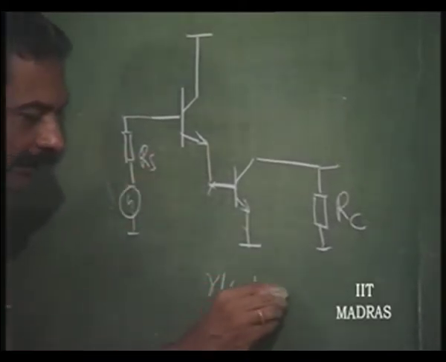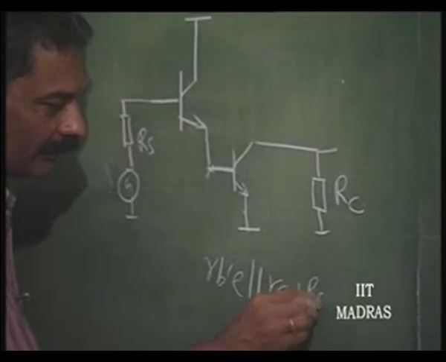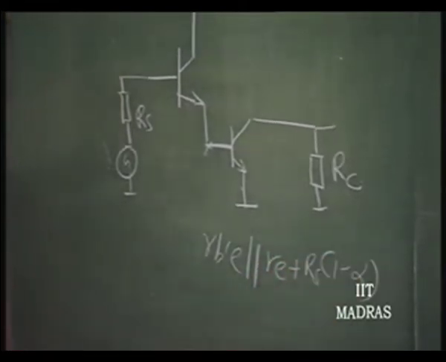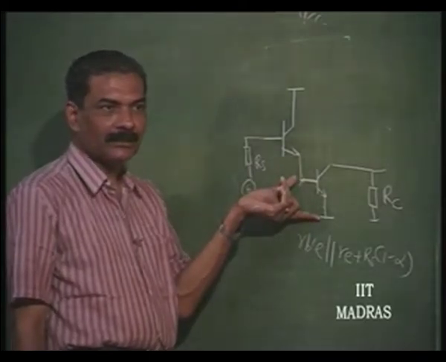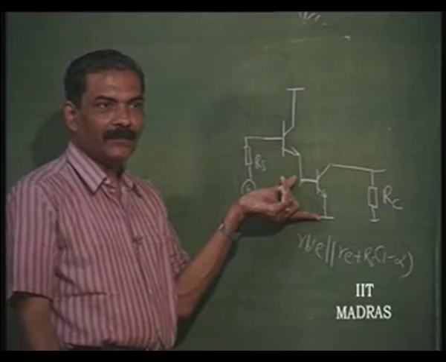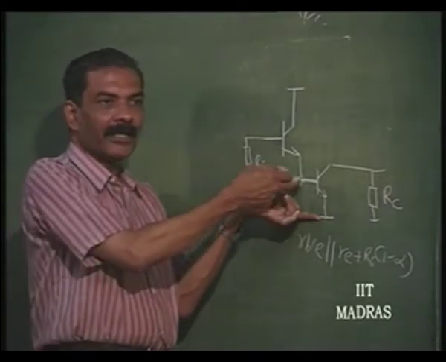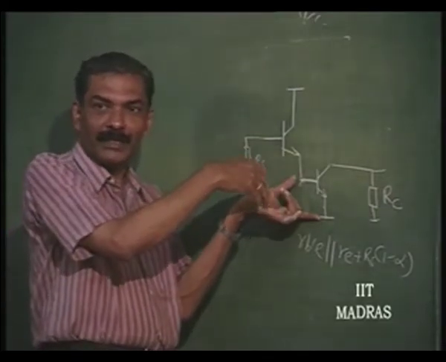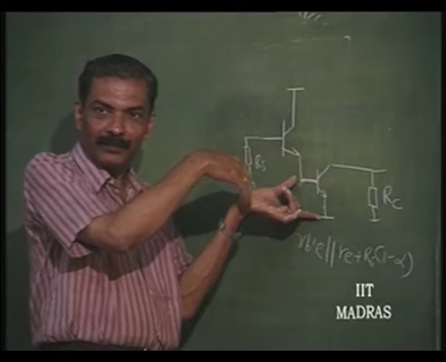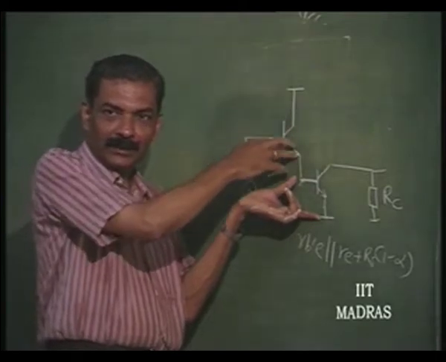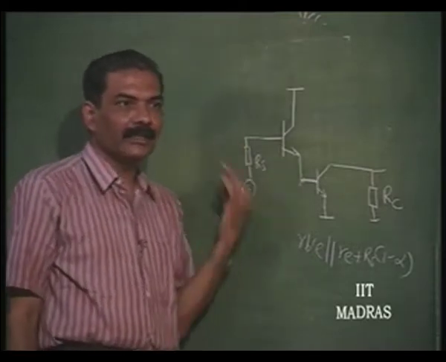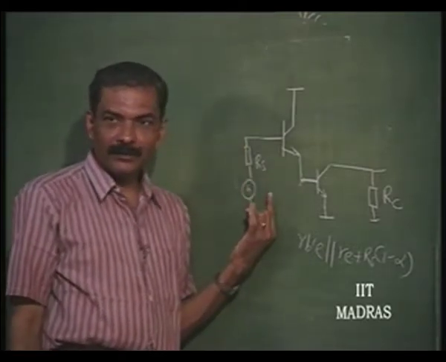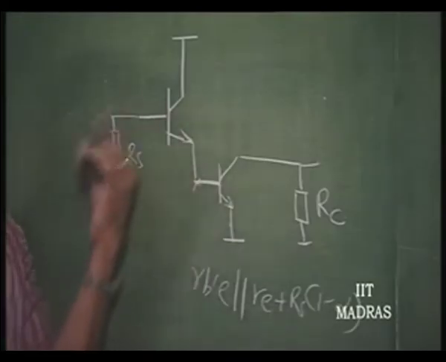Now, RE plus RS into 1 minus alpha is the impedance that is shunting this. So, the time constant here is decreased, that is, by artificially making it a better voltage source than before by using a common collector structure. So, in case RS is very large, this technique can be adopted in order to use this whole configuration